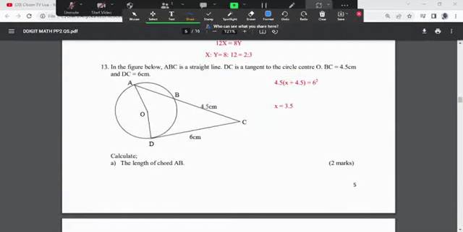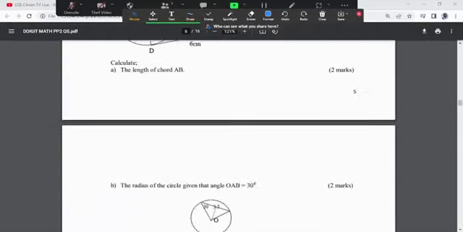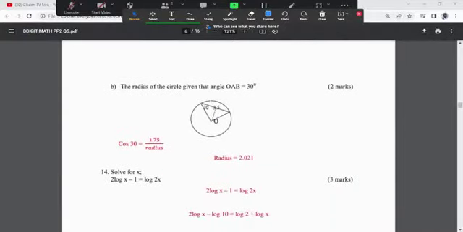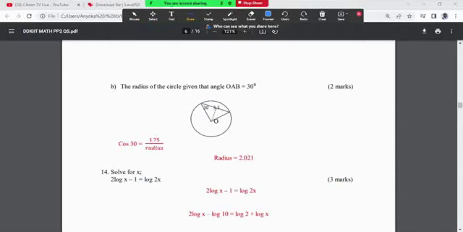Alright, we can go to question part B. Part B says find the radius of the circle, given that angle AOB is 30. We add AOB somewhere, it is 30 degrees. And then we are supposed to find the length, the radius R. So to find the radius